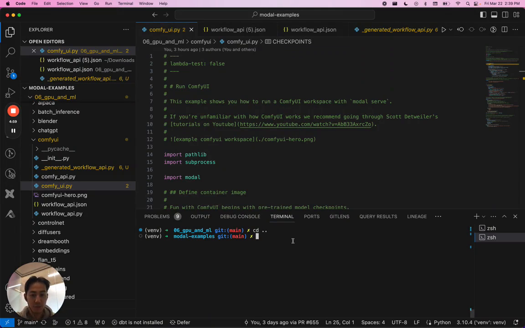In this example, I'm going to show you how to run ComfyUI from prototype to production on Modal. So the first step is just to spin up ComfyUI on Modal infrastructure. First thing you're going to do is sign up for a Modal account and clone our examples repo. And then once you're in there, you can just run modal serve